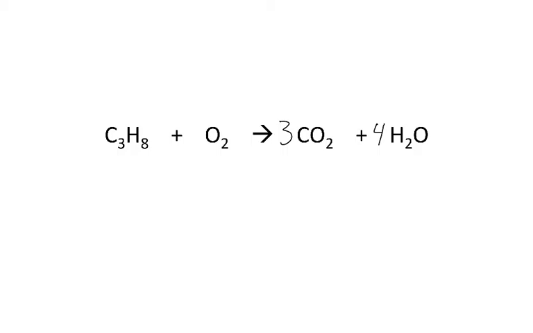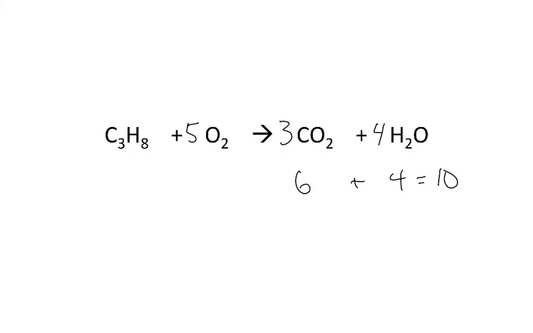Now for the oxygen, I've got oxygens in 2 places on the products, just like the last problem. So I've got to add the oxygens from both compounds together. So I've got 3 times 2, so I've got 6 oxygens from this one. I've got 4 times 1, I've got 4 oxygens from that one. So add those together, that gives me 10 oxygens on the product side. So in order to get 10 oxygens on the reactant side, I need to put a 5 in front of